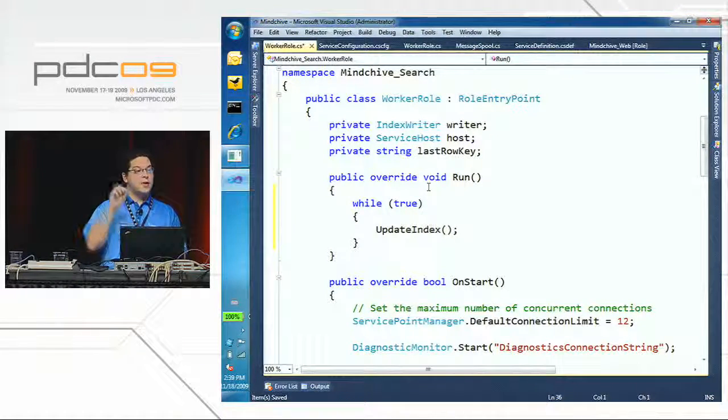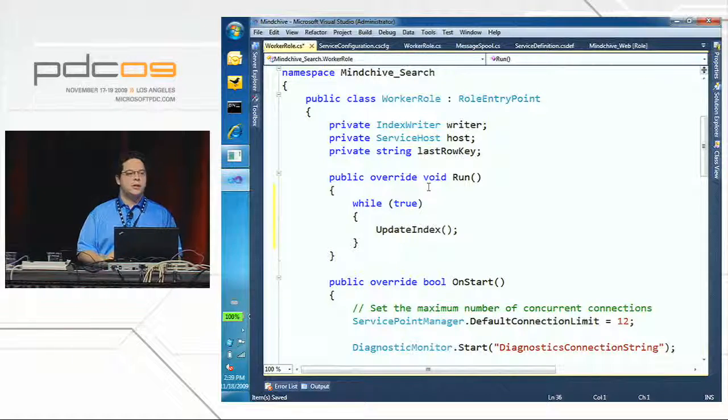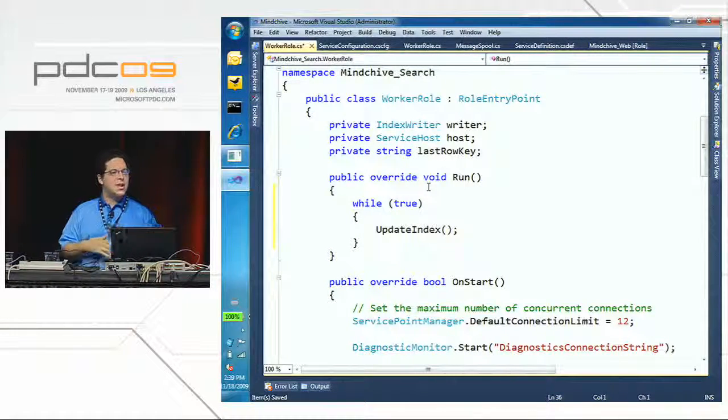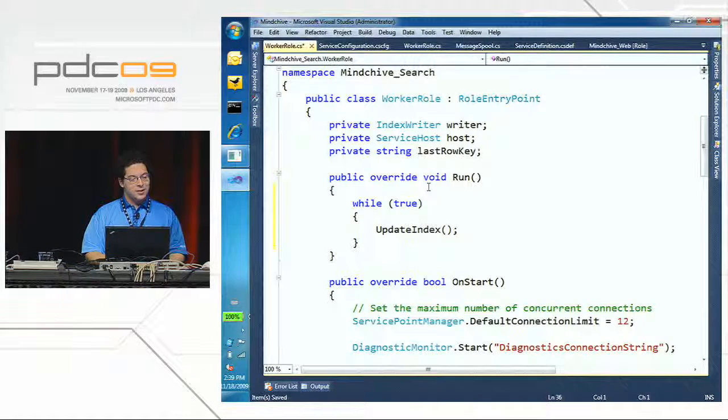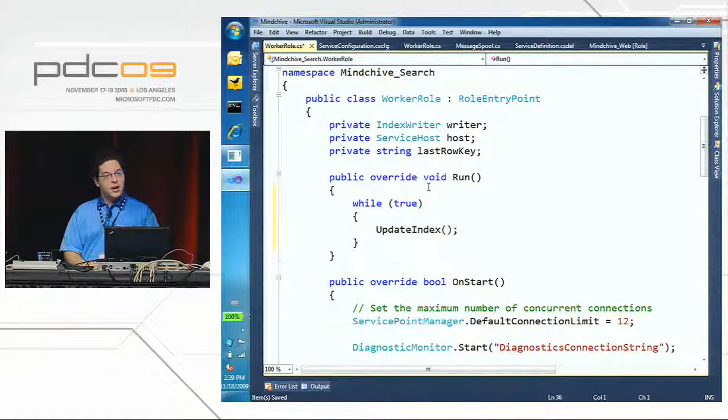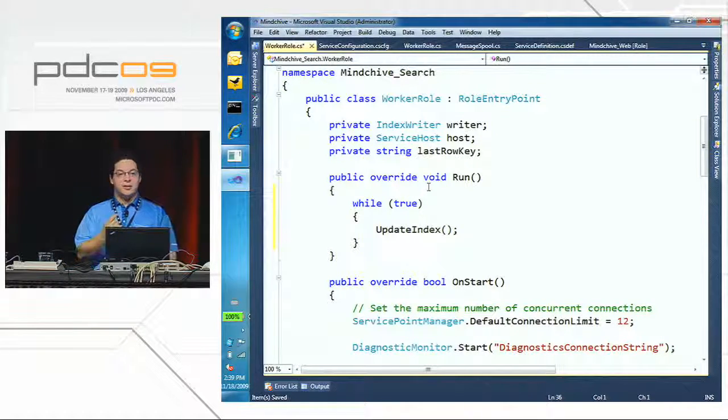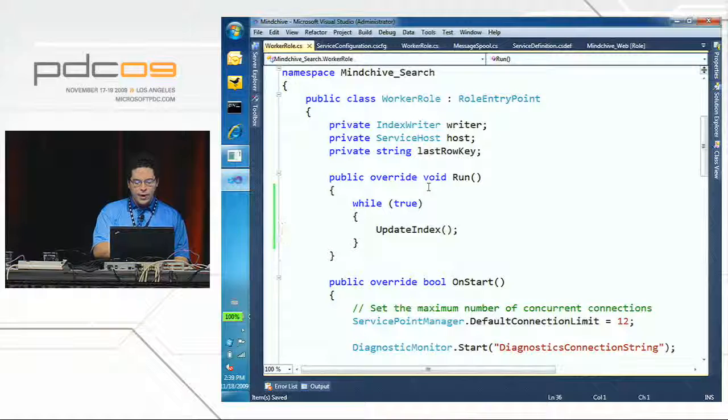And it also consumes a lot of transactions and storage. If you've been following the pricing announcements, we charge by transactions. It's like a penny for 10,000 transactions. So it adds up slowly, but it adds up. If you find yourself in a loop that was doing something every couple milliseconds instead of every second, that's a significant difference. And so that's why I have that logic in there. Okay,